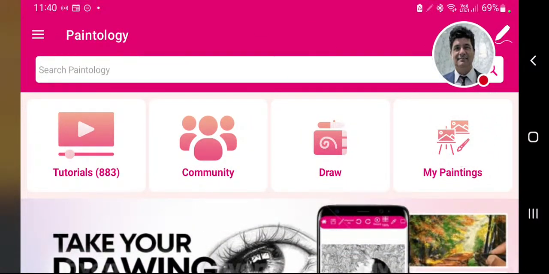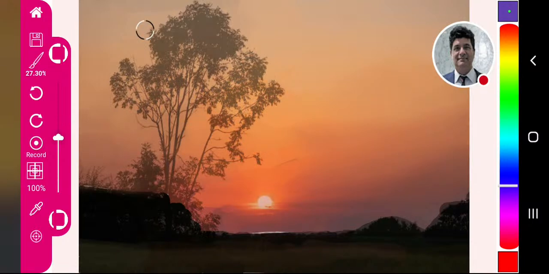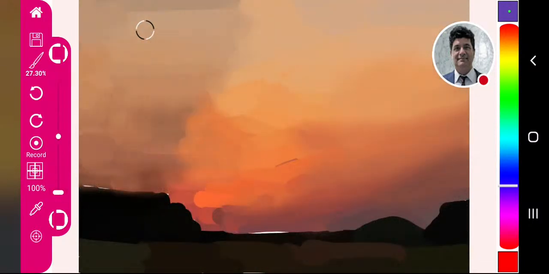And then open up my paintings and then reopen it. So I got the painting that I want. It's something I'm doing because I'm working with a prototype of the app, so ignore the fact that I do that, but I'm doing that because I'm working on a prototype app of